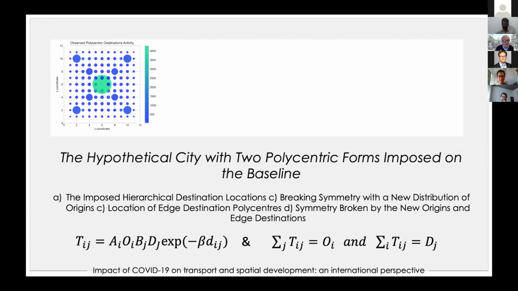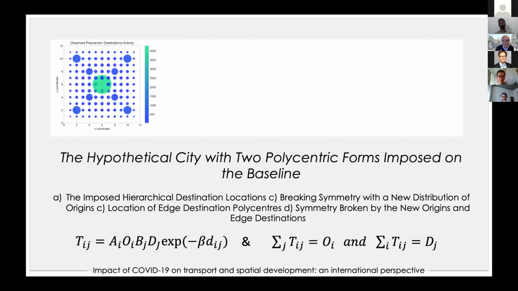We've imposed a big city center and then some edge cities around the edge, and some hubs in the middle. Not very different, as an abstraction, from what goes on in London. We've got about this many biggish off-centres within London. So this is our hypothetical city, and we impose the hierarchy. We then work out a consistent trip distribution using a doubly constrained model on that particular pattern.